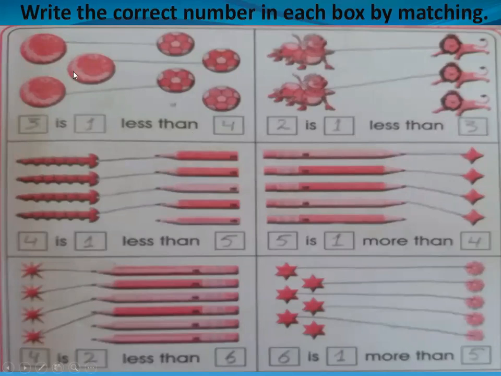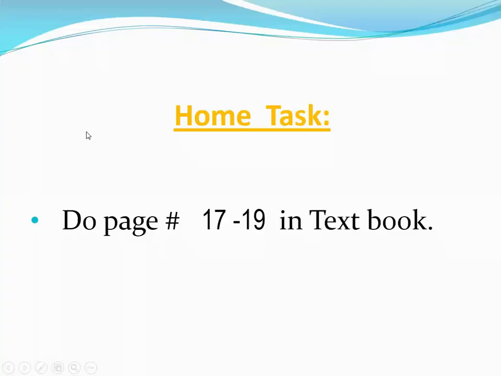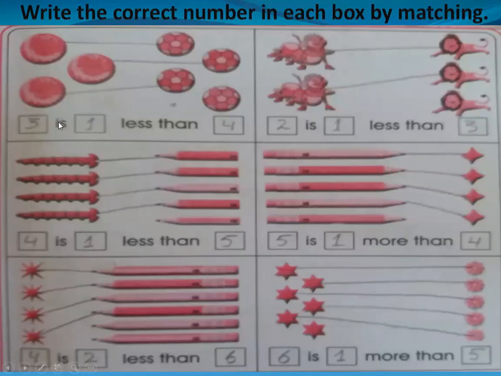We write here, 3 is 1 less than 4. You do like this. We write the number, count how many balls, then write here 3 is how many more? Because after matching, we left 1. So we write here the 1. So 3 is 1 less than 4. Here we write the total number of balls. So 3 is how many less or how many more? 3 is 1 less than, meaning 1 is left here. So 3 is 1 less than 4.